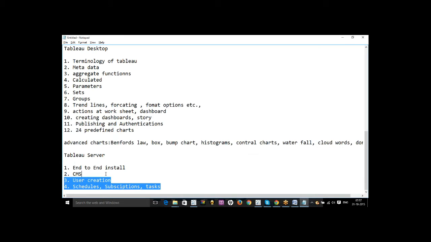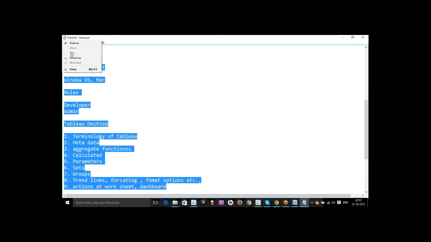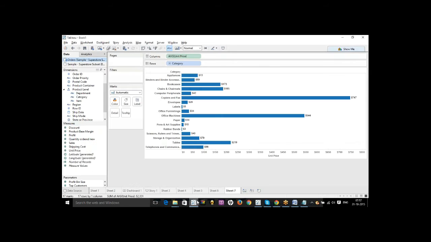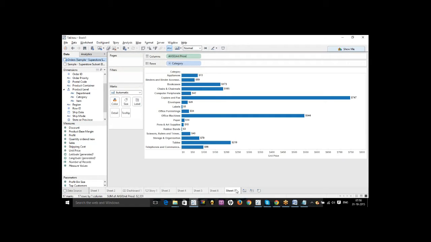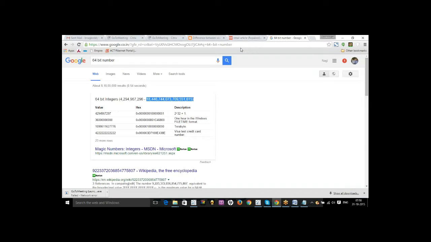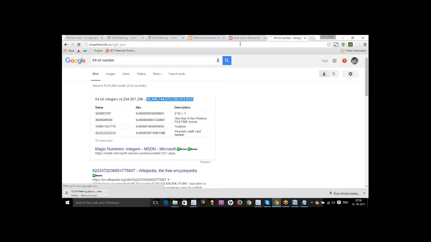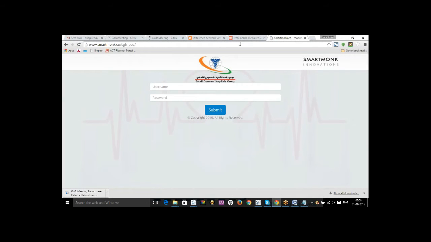So this is a brief overview of what we are going to be discussing in Tableau. And guys, I would like to show you how easy it is to create things in Tableau right now. We have a couple of nice dashboards that we created for our clients, and I'll show you one real-time example. I have a startup company also, called SmartMonk. I got a client, SGH, the German hospitals. It's like Apollo in India, a Middle East company. Here we created